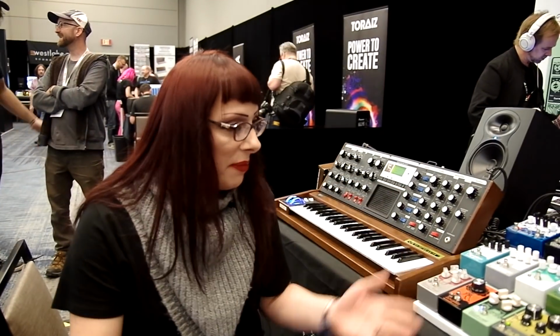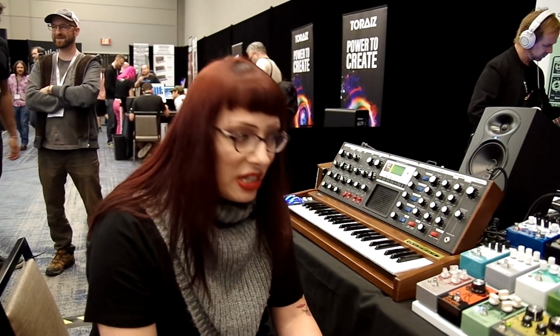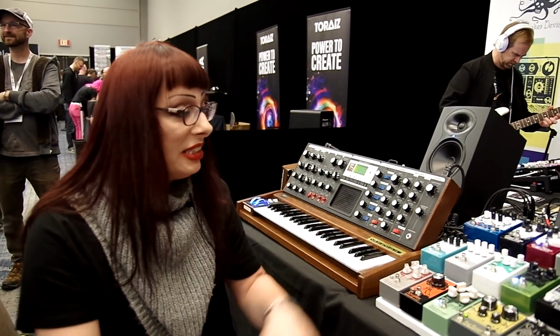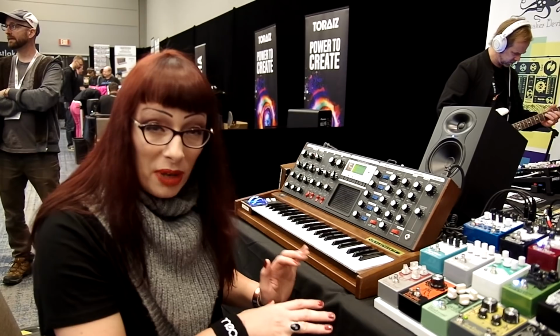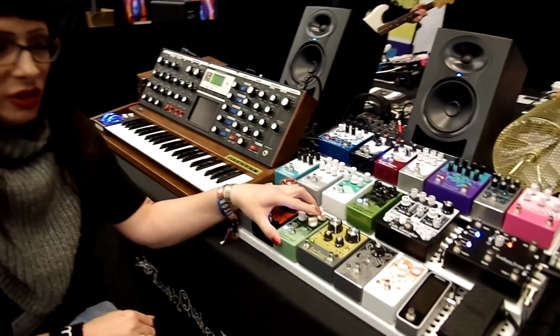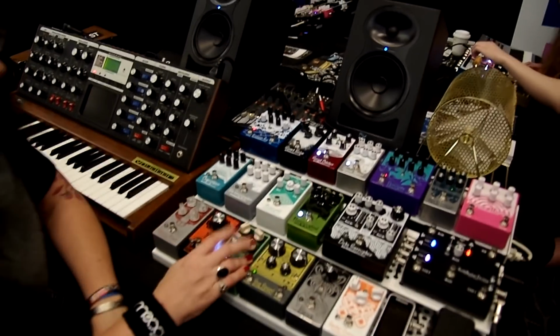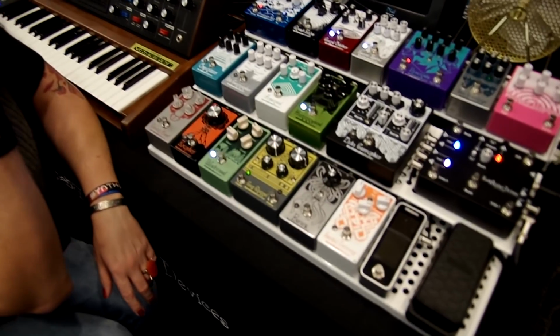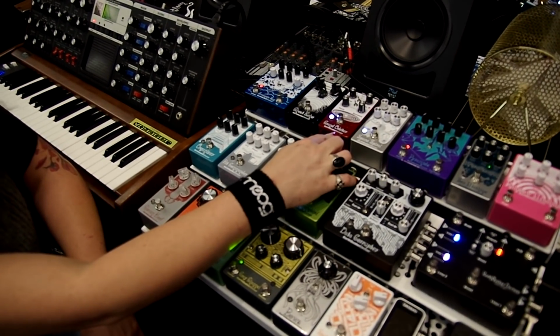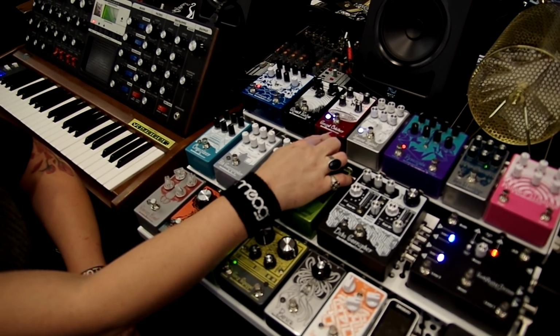This is very much similar to my live board that I use. It's the Earthquaker Devices host of goodies. In this particular little improvisation, I'm going into the Westwood, which is a transparent overdrive with active filter. Sounds amazing. Then I'm going into a Grand Orbiter, which is an analog phase shifter, super creamy and rich and